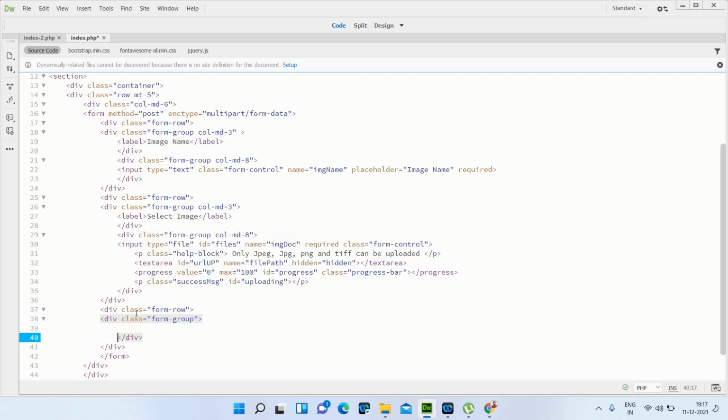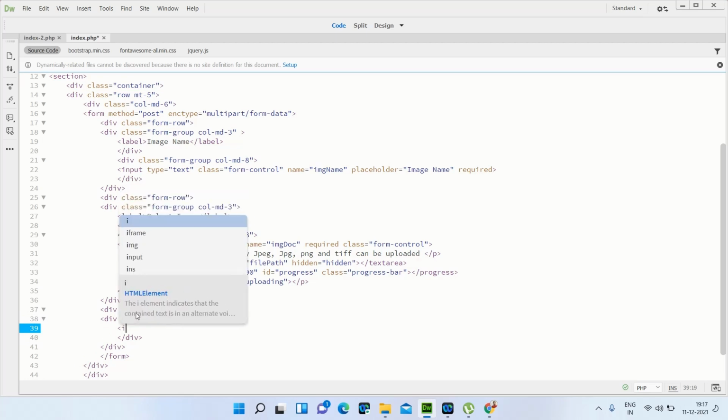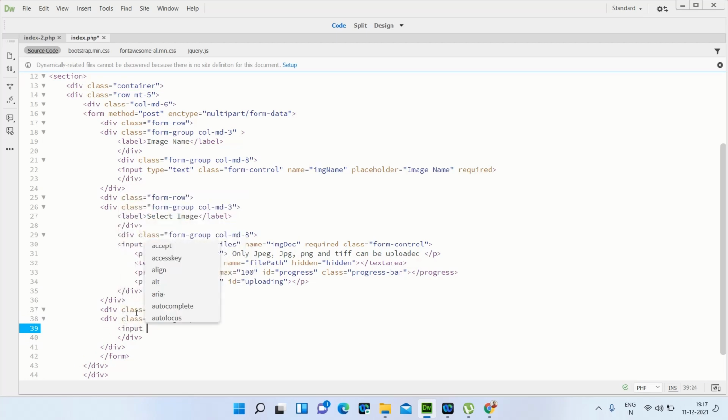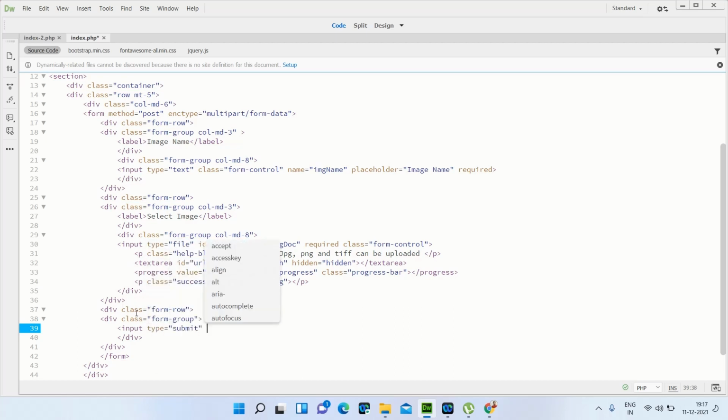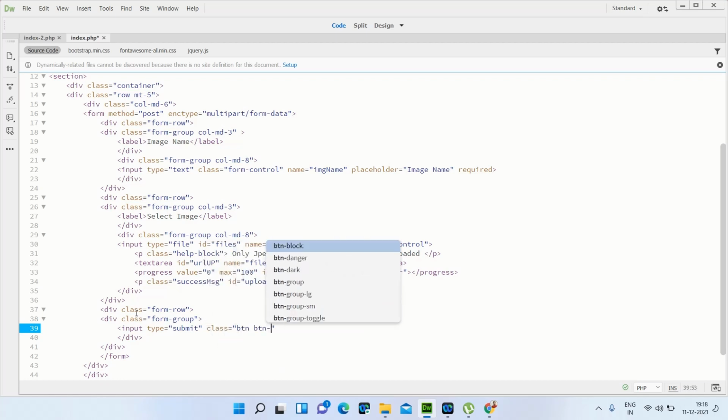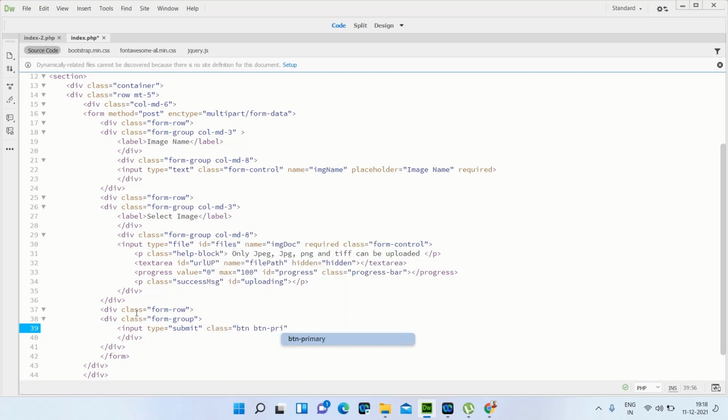In this div we need to create one submit button. So I'm creating one input, type is equal to submit, and class as btn btn-primary. So this is the bootstrap class. So after that assign the name as img upload.